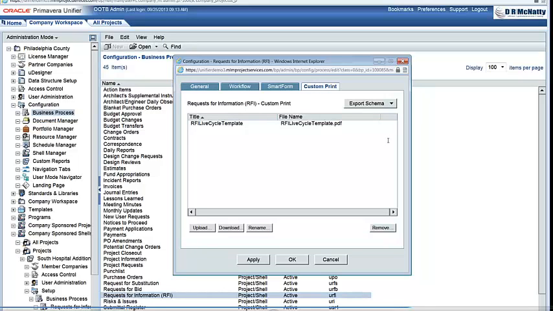We would export the schema for this particular RFI business process, export it as PDF. That file can then be uploaded to Adobe LiveCycle Designer ES3, and from there we can create the customized layout. I've already included a template ready to set up.